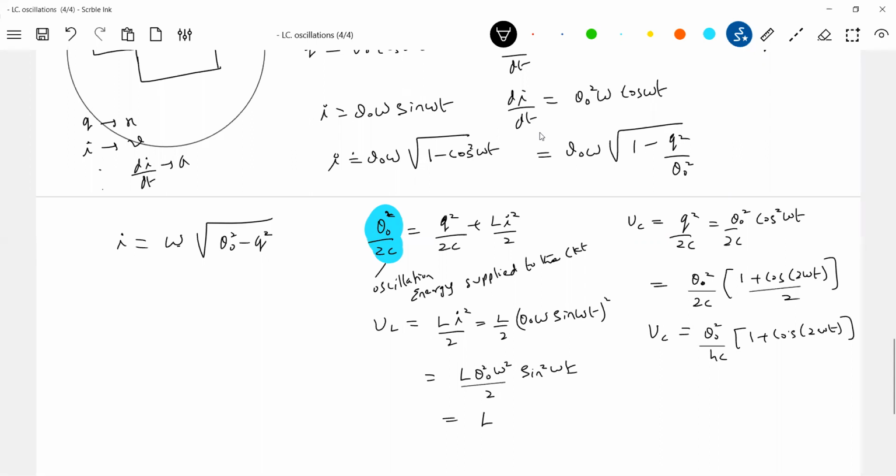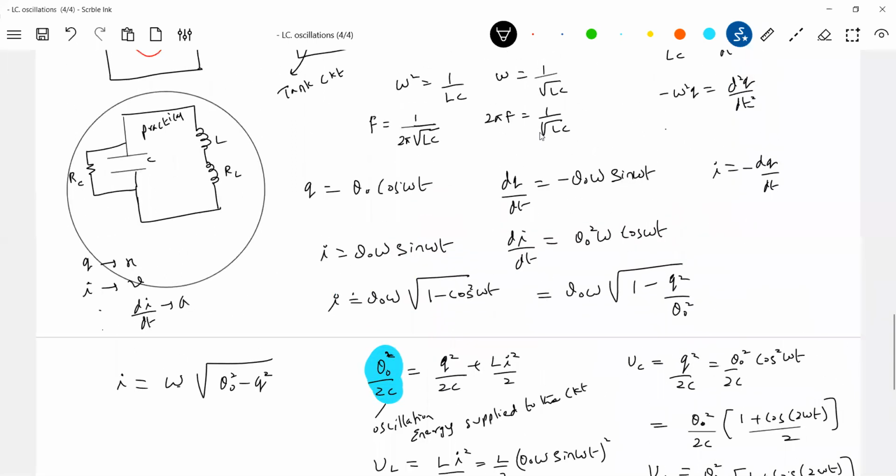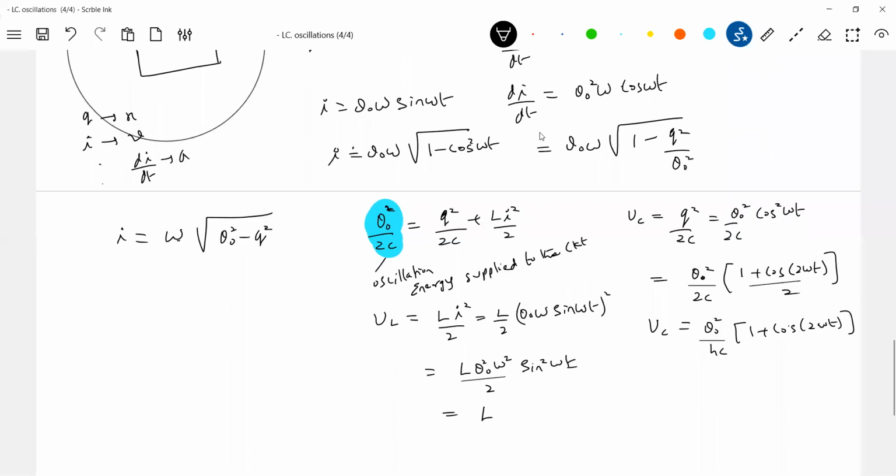So L omega square we can write as equal to 1 by C. From here, L omega square should be 1 by C, or let it be this much only. So Q naught omega square L by 2 sine square omega t, 1 minus cos 2 omega t by 2. So the final equation will be